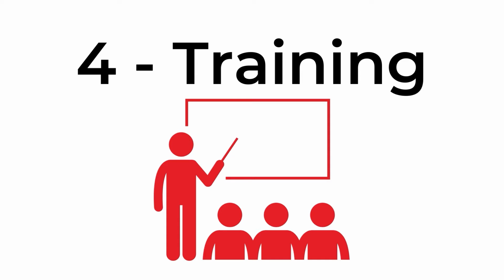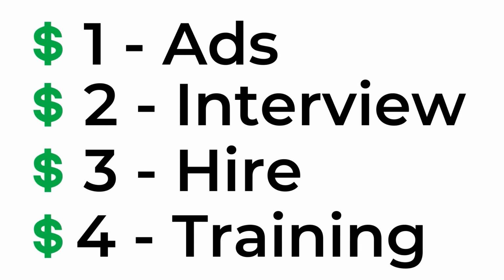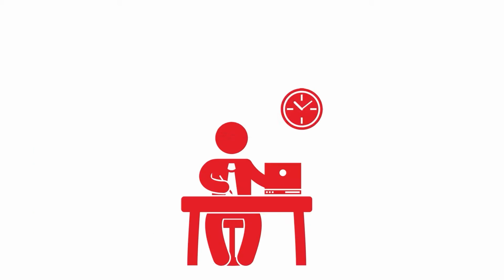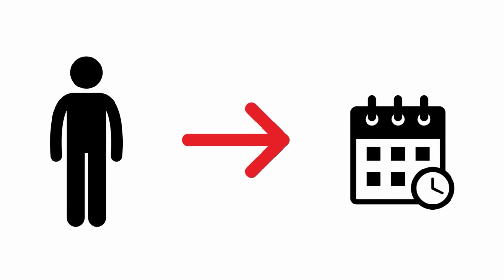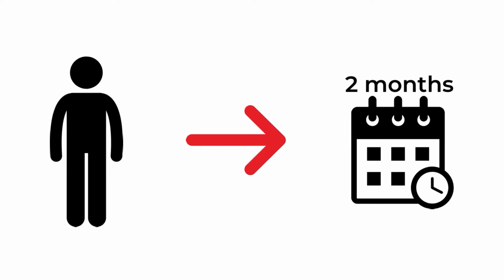So you have to pay someone for ads, pay someone to answer the ad. You have to pay someone to do the interview. You have to hire that person. You have to train that person and take the time to train them. And then you have to make them productive. So typically what happens if you hire one person, this person is there for, let's say, 2 months and doesn't